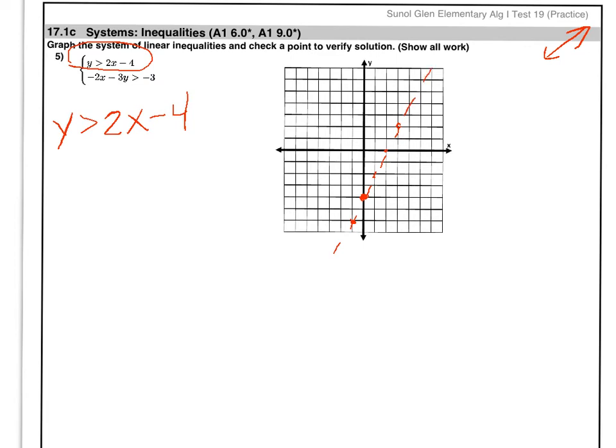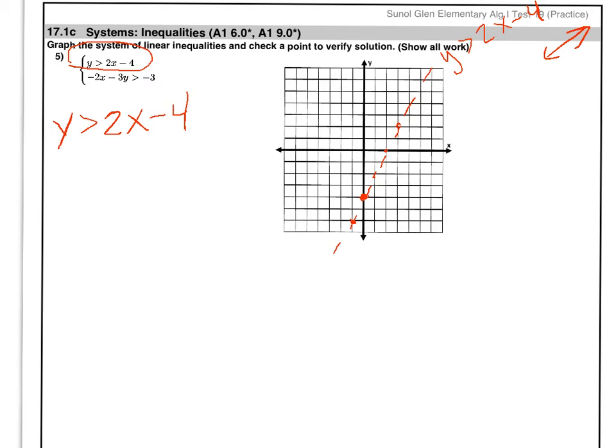Okay, and if I really hadn't used colors or something like that, I should label this guy. So I'm going to call this red guy y is greater than 2x minus 4. Okay, and now I'm going to get a different color so that I can do my... oh, I forgot to shade him. We need to shade him. Y is greater than. Where is y greater? So in this, if you look at the